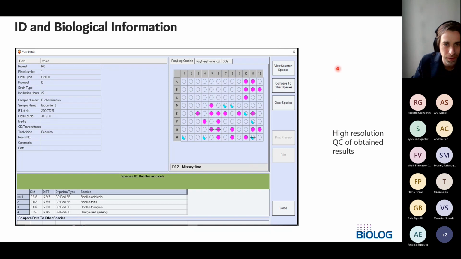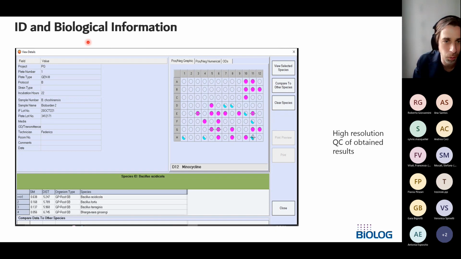You need to have very basic skill of microbiology to do that. But at the end, you get an ID, but not only an ID, you also get biological information. So what is the strain or the cell that you want to identify? What is it capable of doing? What are their